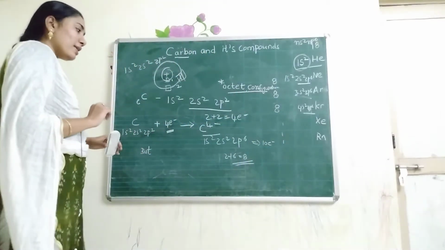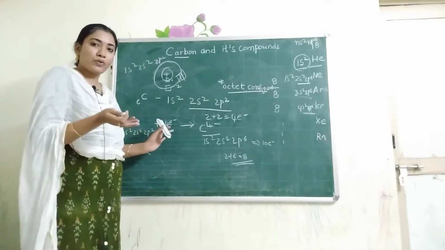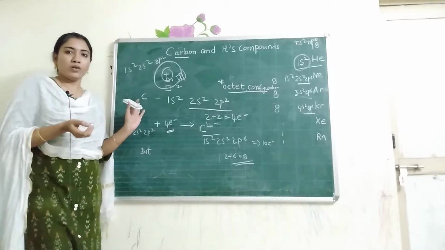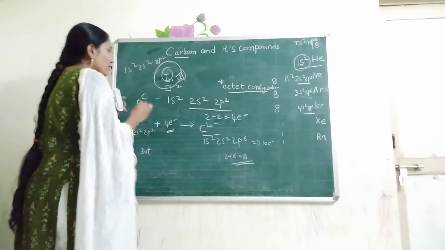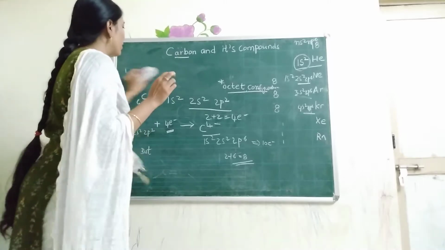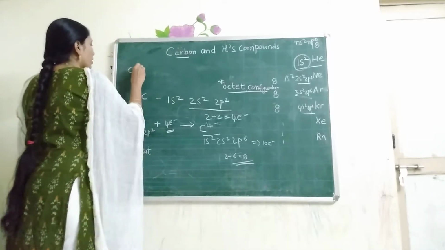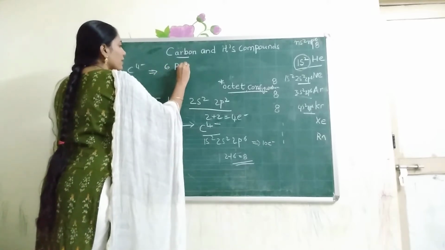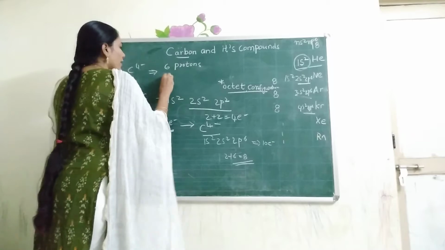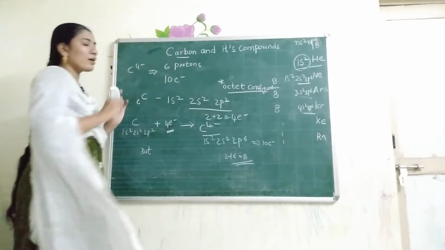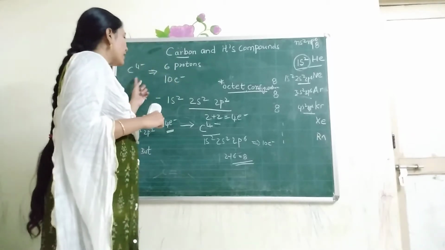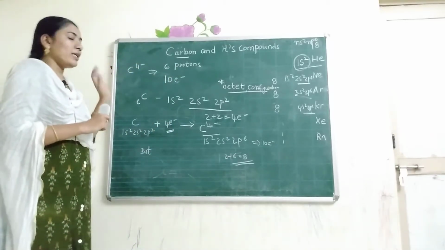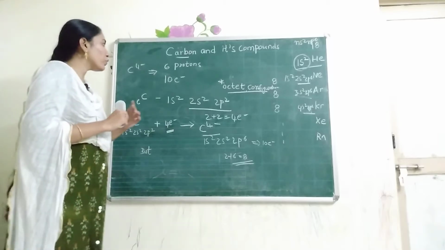But how many protons are there? Here we are adding only electrons, but the protons remain the same. What is the atomic number of carbon? 6. So the C4 minus ion contains how many protons? 6 protons, and how many electrons? 10 electrons. Okay, the C4 minus ion contains 6 protons and 10 electrons, but it is very difficult to hold